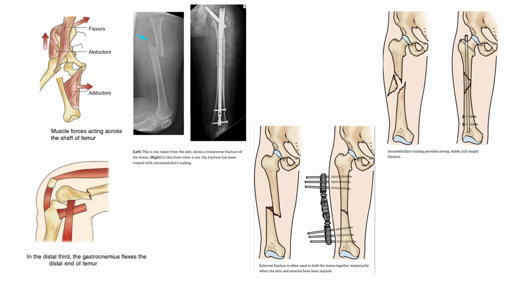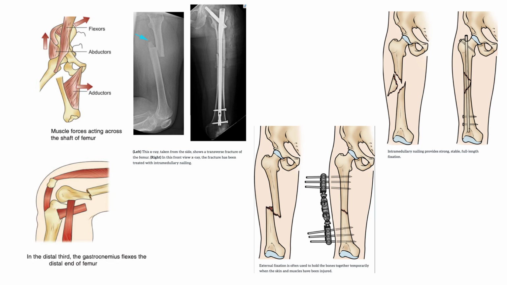That is the muscle force which I like to say, that is on the proximal third. If you talk about the proximal third, that is iliopsoas flexes, abduct, and the external rotators cause abduction and external rotation of the proximal fragment, while adductors adduct the distal segment. That is on the proximal third. The middle third, there is a shortening and adduction.